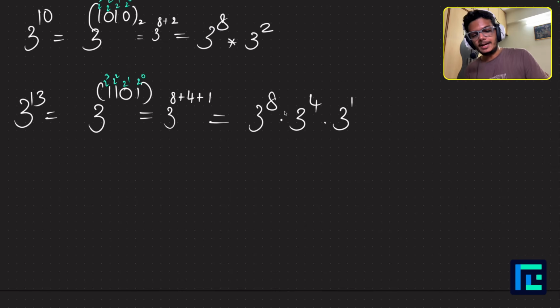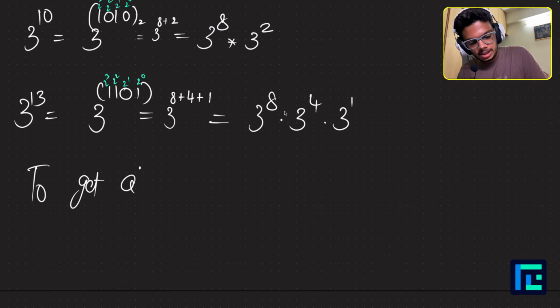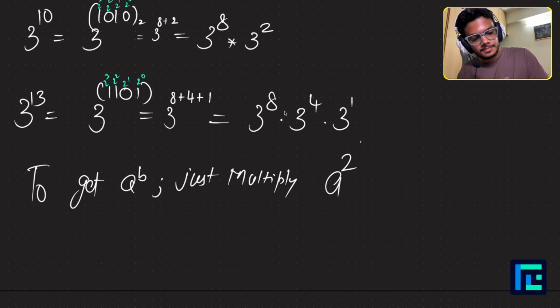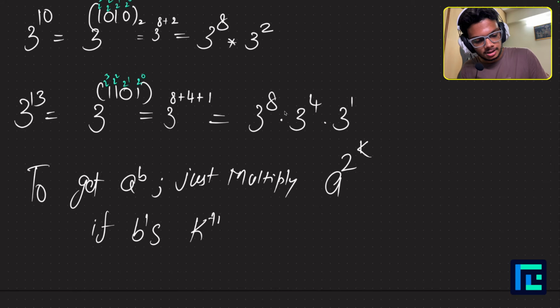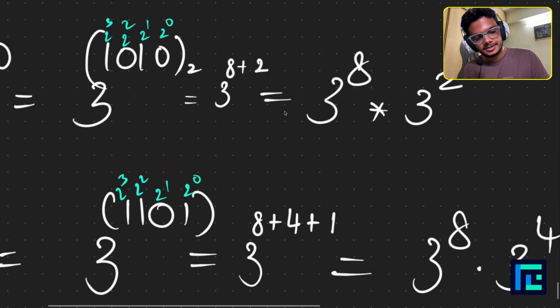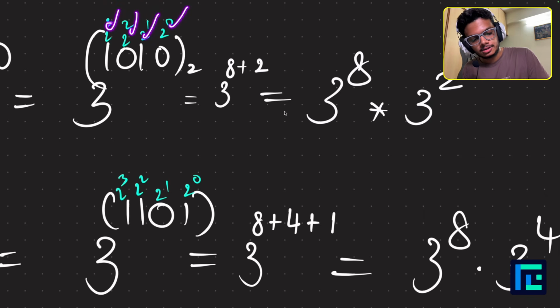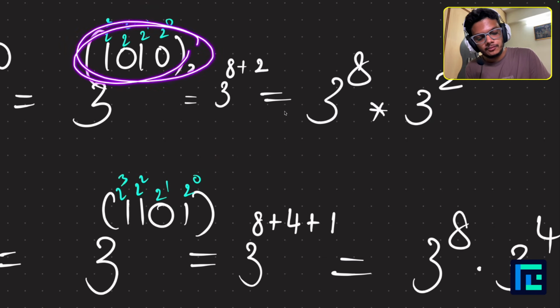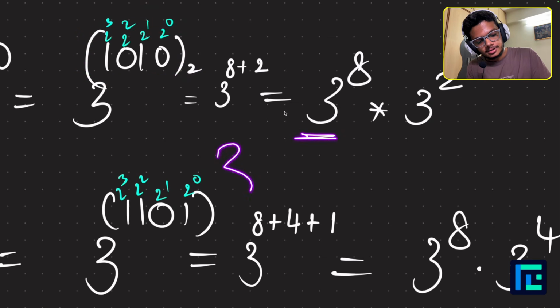If you look closely, what is happening here is, to get a power b, what you effectively do is just multiply a power 2 power k if b's kth bit is set, right? What effectively we did is, this is 0th bit, first bit, second bit, third bit. If you want to find 3 power b, what you do is you just multiply 3 power a